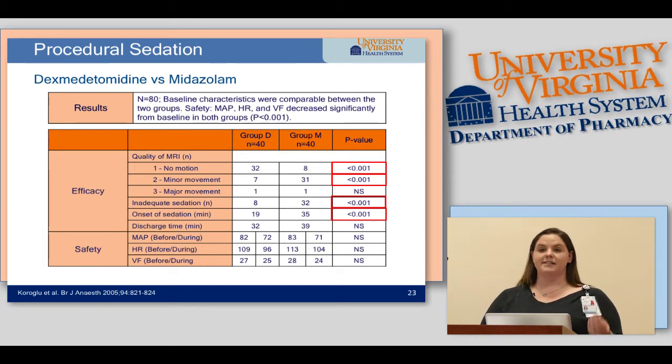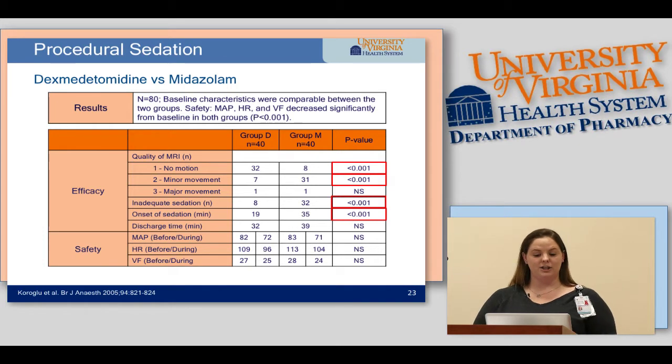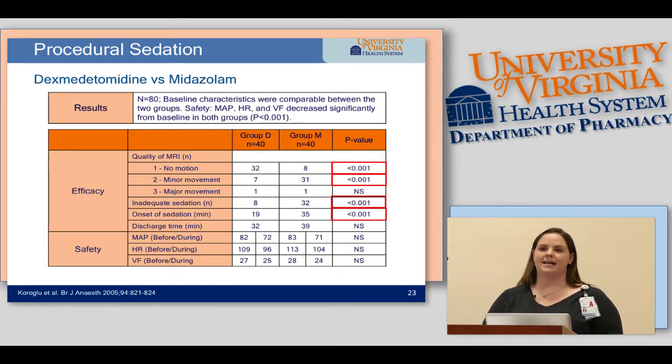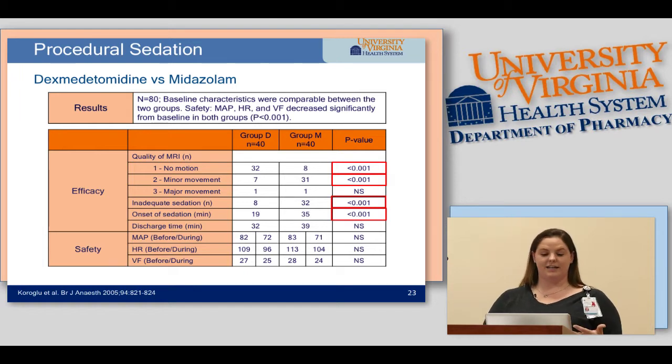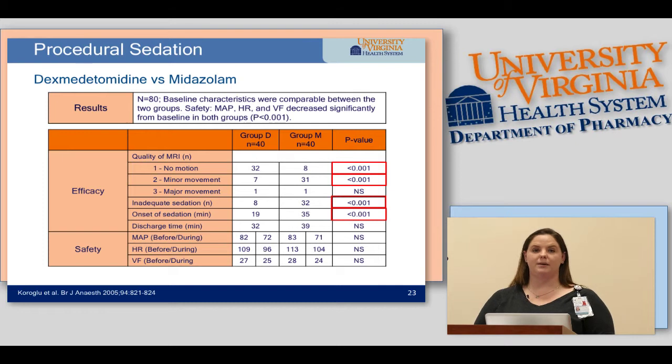The patients that received dexmedetomidine had a higher quality MRI in that they had no motion or minor movement. If you also look at inadequate sedation, you can see that 32 patients in the midazolam group had inadequate sedation compared with 8 in the dexmedetomidine group. The next one is the onset of sedation. There was a statistically significant difference between the onset of sedation in the patients that received midazolam compared with